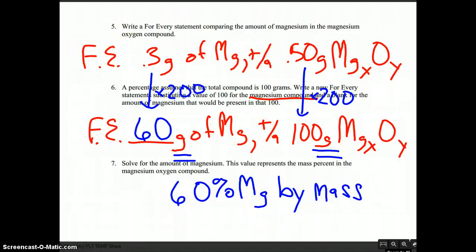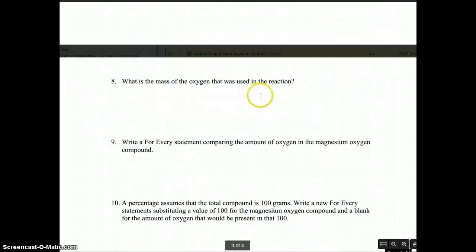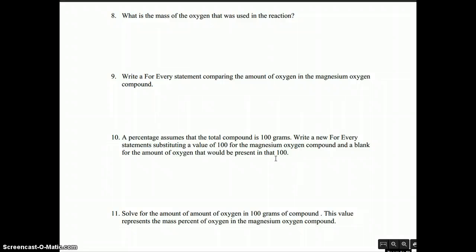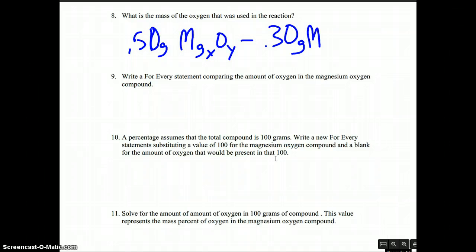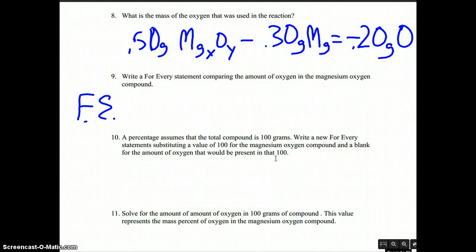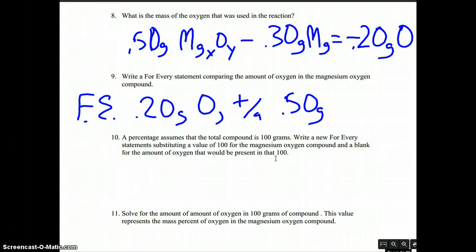Okay, so 60% magnesium. And then it says, what is the mass of the oxygen that was used in the reaction? Okay, so we should know that if I had 0.50 grams, and that was the MgxOy, right? And if I subtract that from 0.30 grams, which was the mass of the Mg, that gives me just the mass of oxygen. So it says now write a for every statement comparing the amount of oxygen in there. So again, just like we did last time, for every 0.20 grams O, there are 0.50 grams